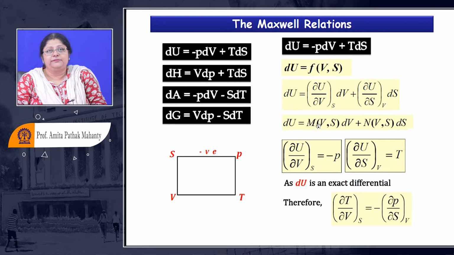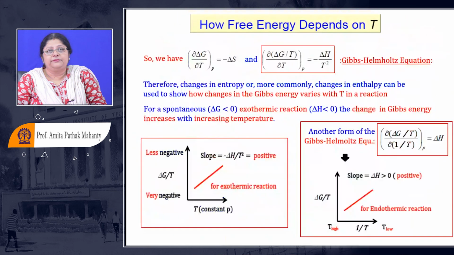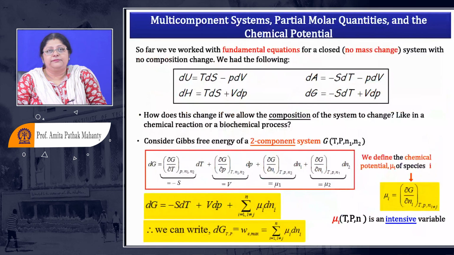So if I have to go by the same total differential, what is going to be this value? If I take delta G, then what is going to be this? This minus S represents nothing but the change in G with respect to temperature at constant pressure. And what is V? V is the measure of the change in Gibbs energy with respect to pressure at constant temperature,